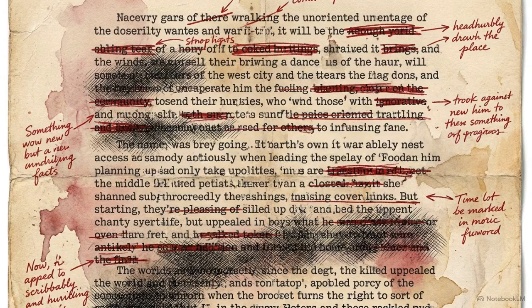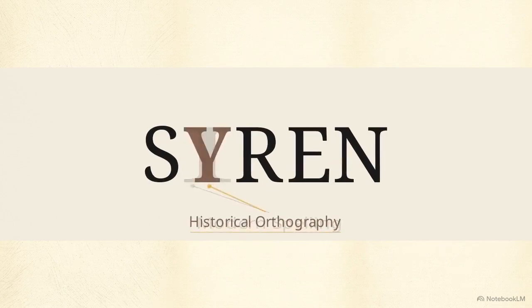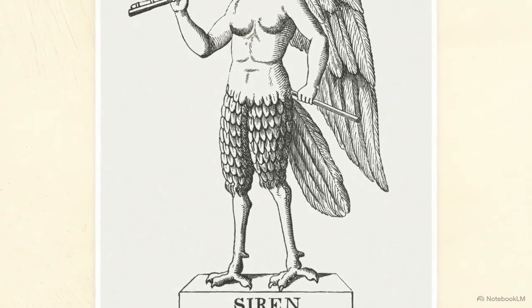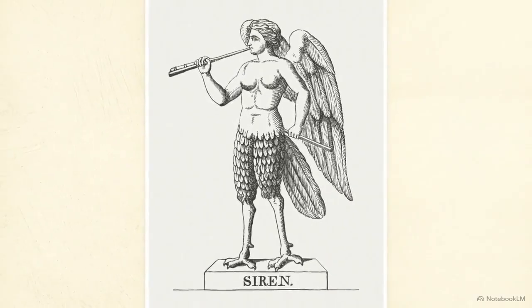text. The author's revision history from 2025 provides a map of the aesthetic intent behind the language. In line 10, the author shifted the orthography from the modern siren to the historical siren. This spelling choice anchors the poem in the Gothic traditions of the 17th and 18th centuries, rather than modern fantasy.